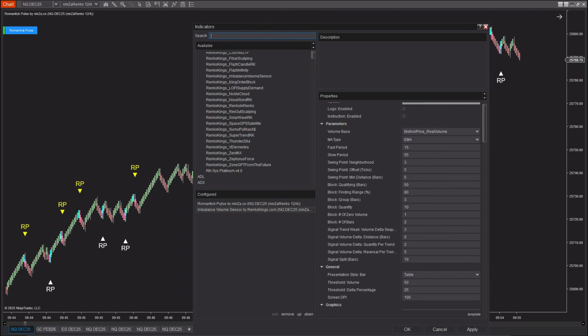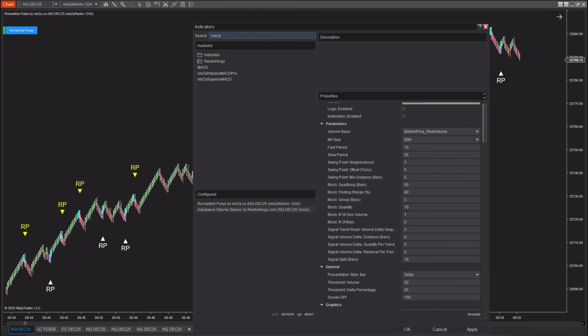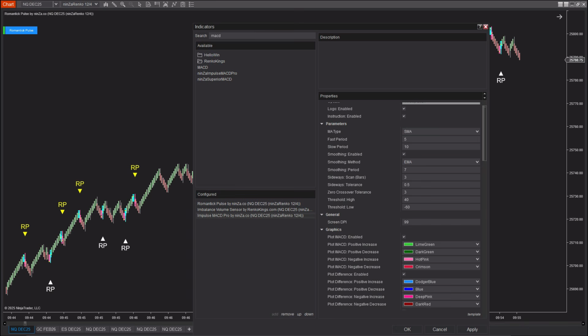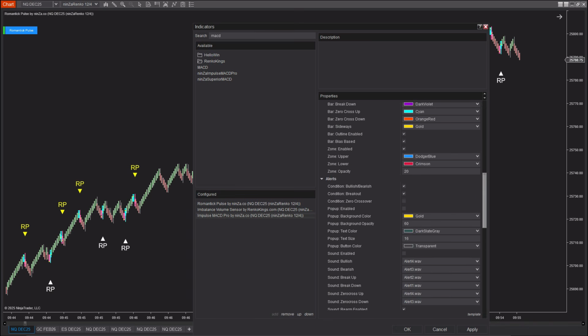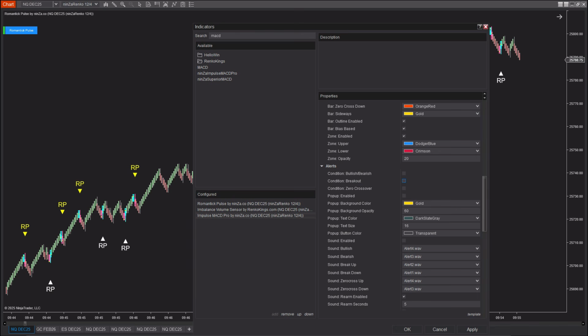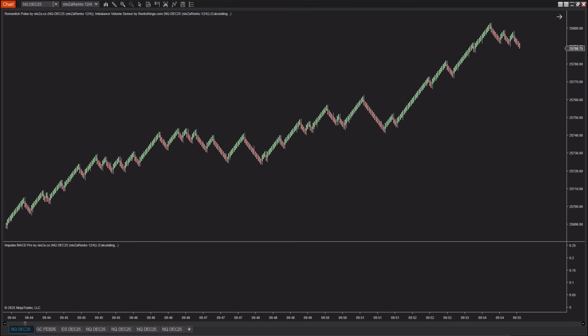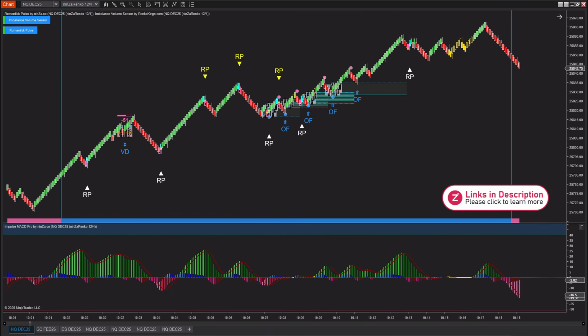Next, we'll add Impulse MACD Pro to the chart. For this setup, we will turn off all the signal outputs of the indicator because all we need to focus on are the histogram bars, which help us assess the market's momentum. This step is essential for identifying when momentum is strengthening or fading, allowing you to make more precise and confident trading decisions. Now let's move on to how to trade with this strategy, and you'll see just how simple and